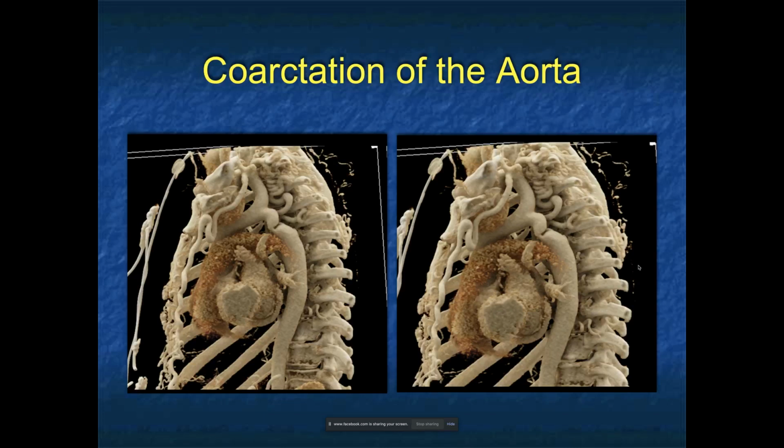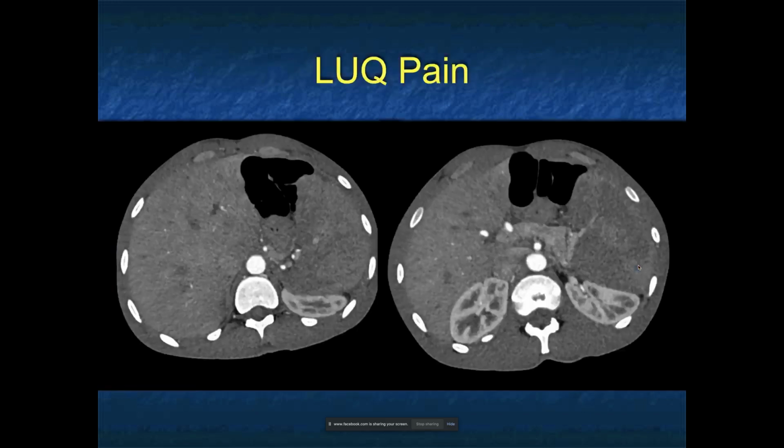This was interesting. This patient came in short of breath. Most of the time coarctation of the aorta is something you detect when the patient's very young. This patient managed somehow to escape till they were in their 20s or so, and only then did they present. And again, the cinematic I love, showing you the dilated internal mammaries, the intercostals very nicely shown.